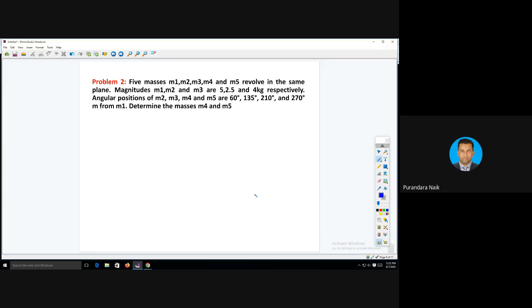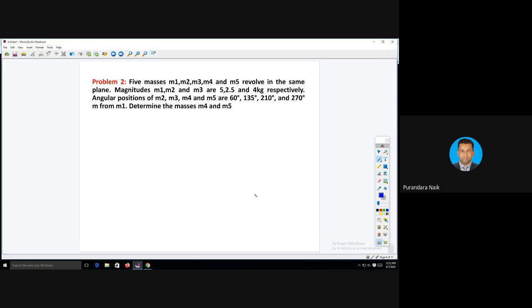The problem is like this: 5 masses M1, M2, M3, M4, and M5. There are 5 masses revolving in the same plane. The plane of rotation is the same as the previous problem, because all 5 masses are rotating in the same plane. Magnitudes of only 3 masses are given: M1, M2, and M3 are 5 kg, 2.5 kg, and 4 kg respectively. Angular positions of M2, M3, M4, and M5 are 60 degrees, 135 degrees, 210 degrees, and 270 degrees